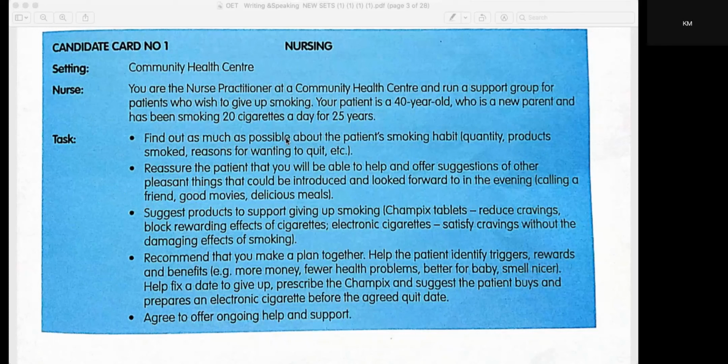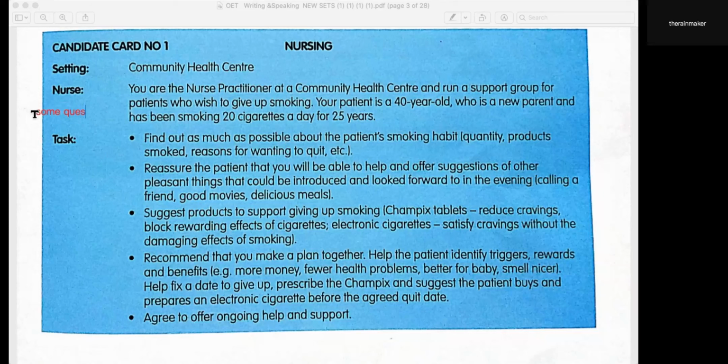Okay. And after seeing your file also, I can see that you are a newly parent and a mother. Am I right? Okay. Mary, before starting further investigation, I want to ask you some questions. Is it okay for you? Yeah, sure. Okay, Mary, how long have you been smoking? It's been many years, 25 years.